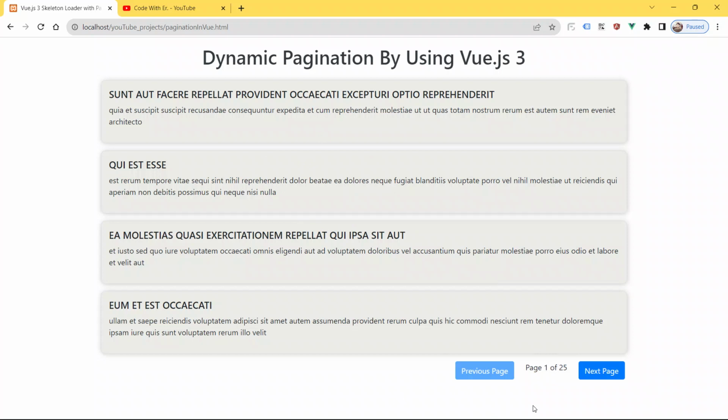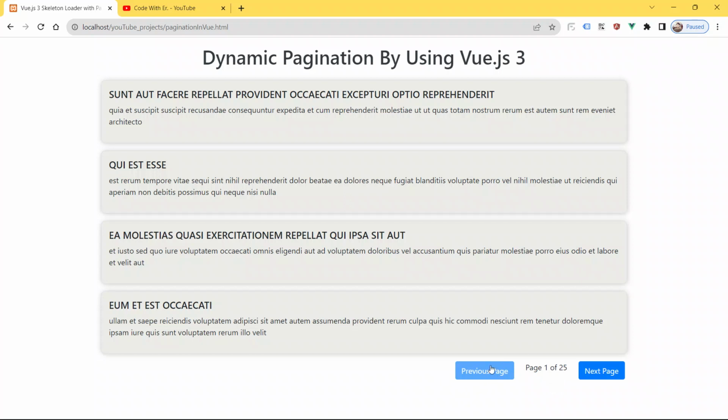Whenever you click the next page button, you will go to the next page, up to the 25th page. Now I am going to click the next page button, and then you will understand what we are going to learn today. As of now you can see the previous page button is disabled, because this is the first page, so by default the previous page button will be disabled.